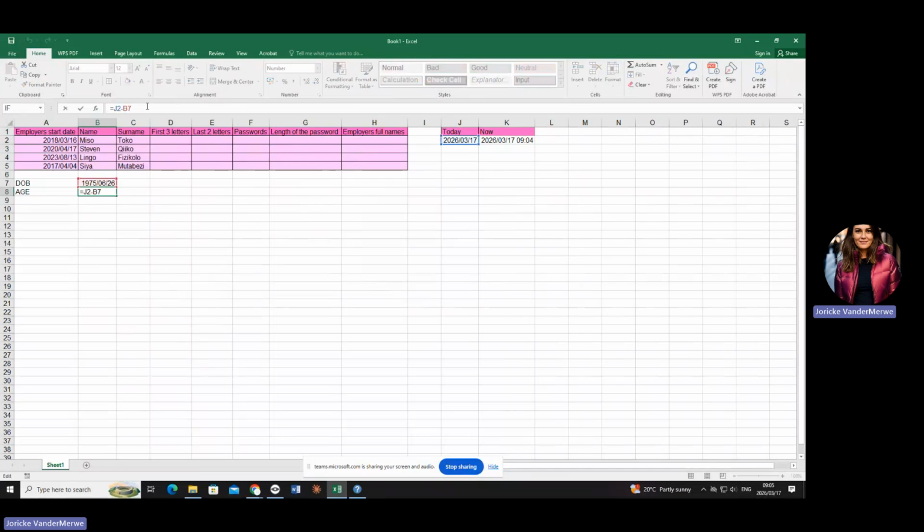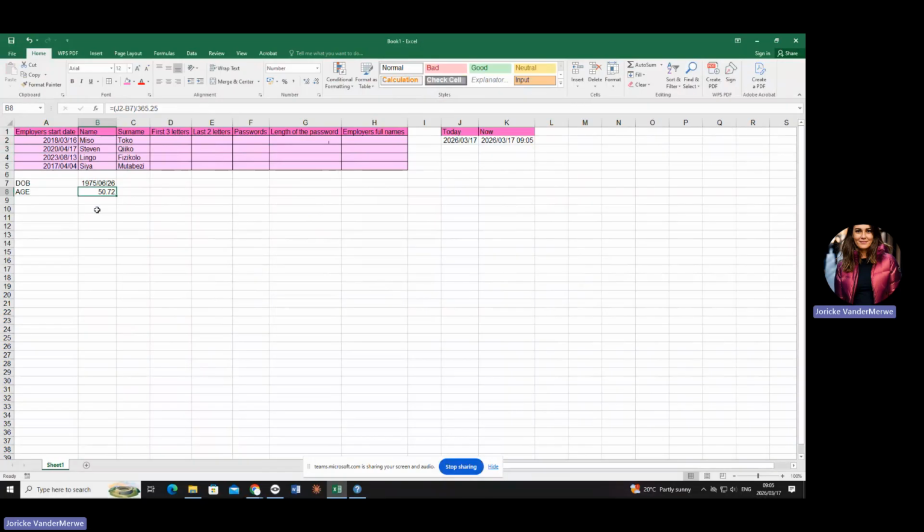Which means I need to divide it by 365.25. But if I leave it like that, because of the maths around it, the division is going to be calculated first. Are you with me? That's not right. We first want the answer to be given in days, and then in the same formula, we want it to be divided by 365. Are you with me? Okay. So can you see this person is almost 51. When their birthday is coming up on this 26th of June this year, they will turn 51.